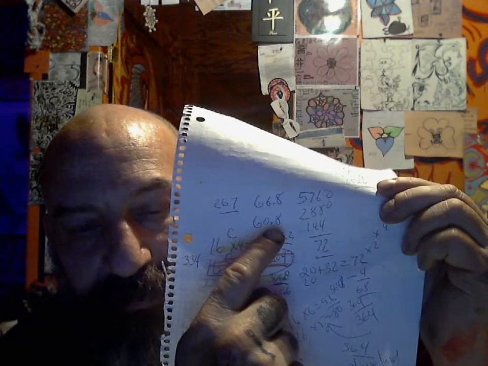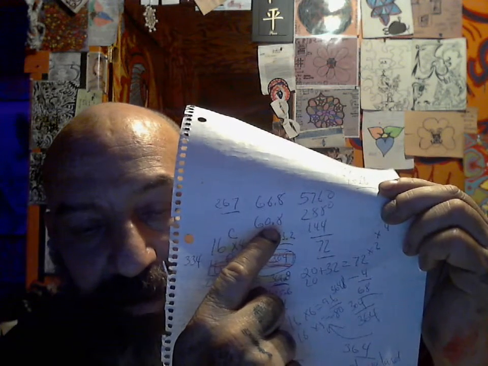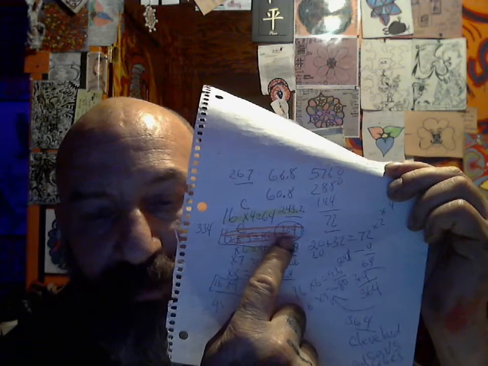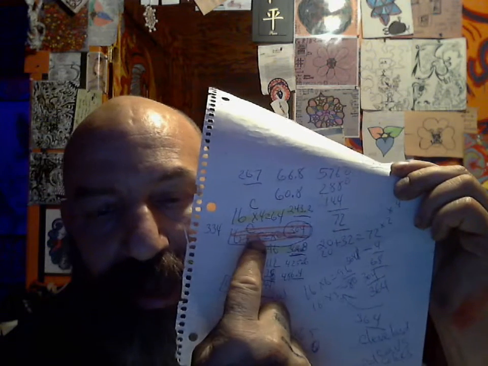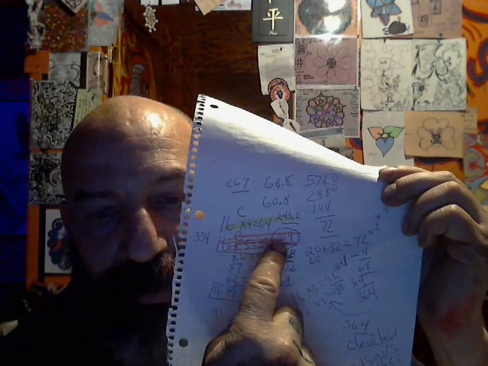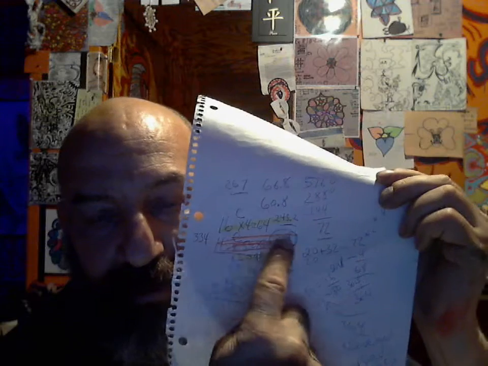60.8 is the other side for the value in Celsius to Fahrenheit. 60.8 times 5 is 304. 304 becomes 364 when the 0 gets transformed. And on 16 Celsius, you transform into the 13 moons. You have 28 days by 13 right over here.